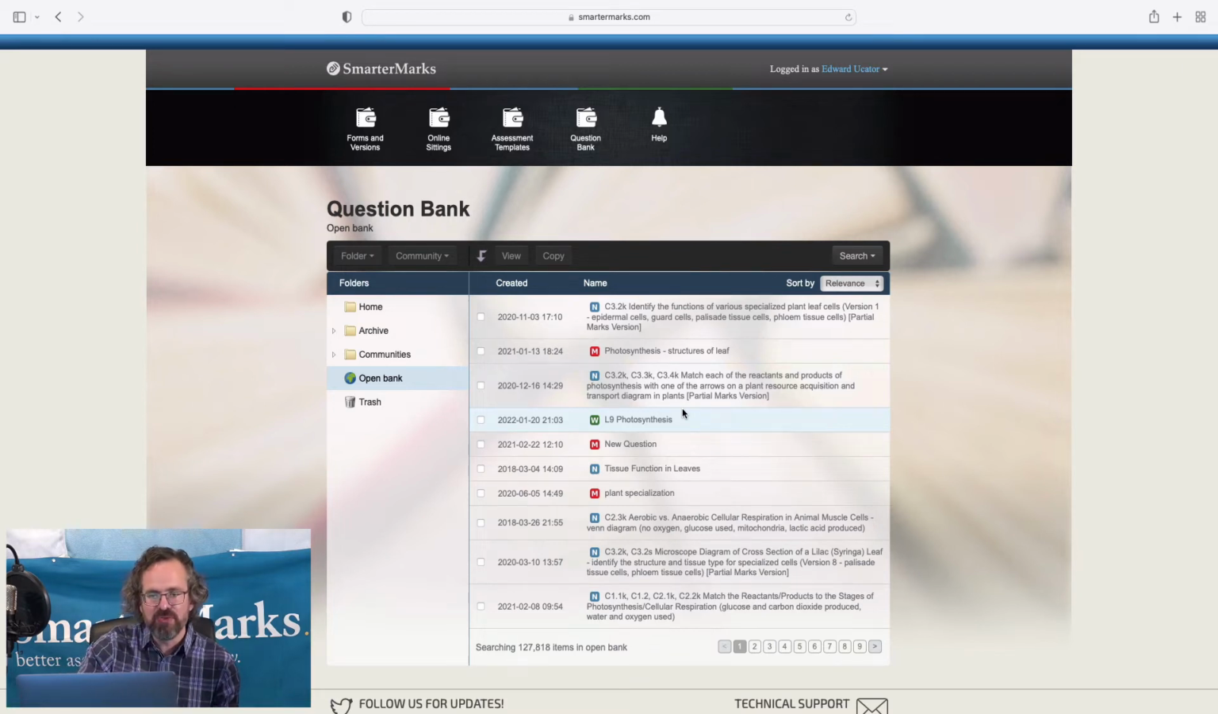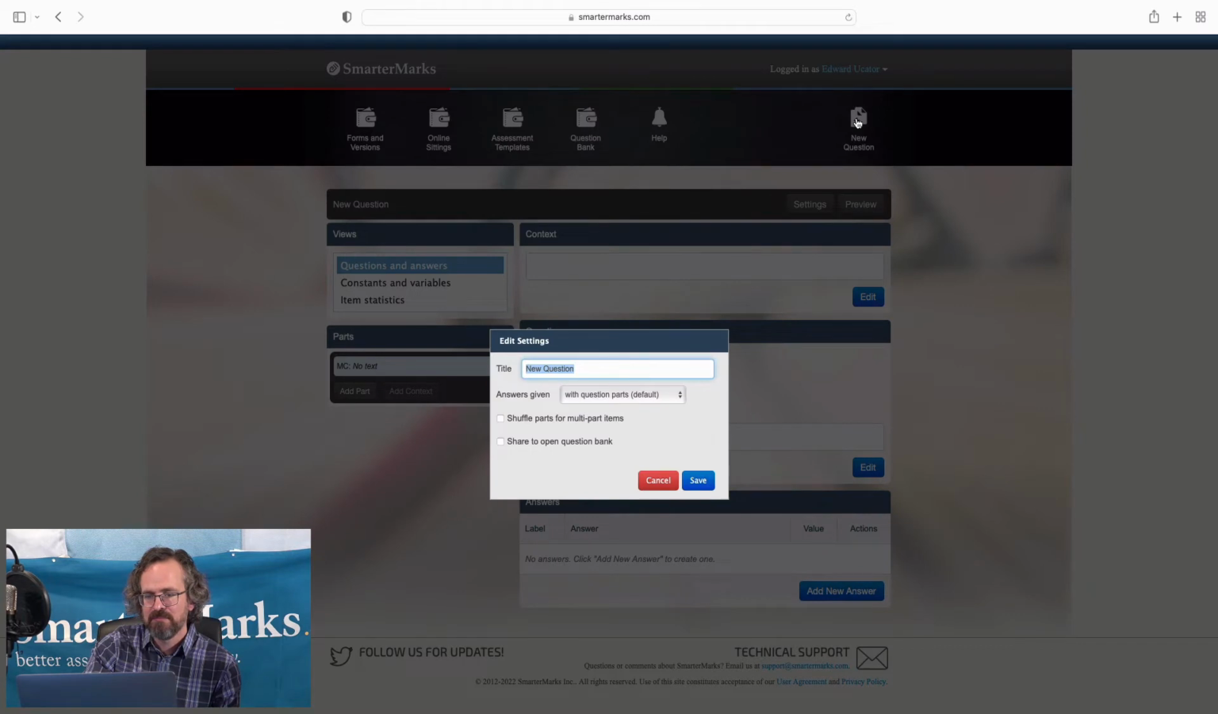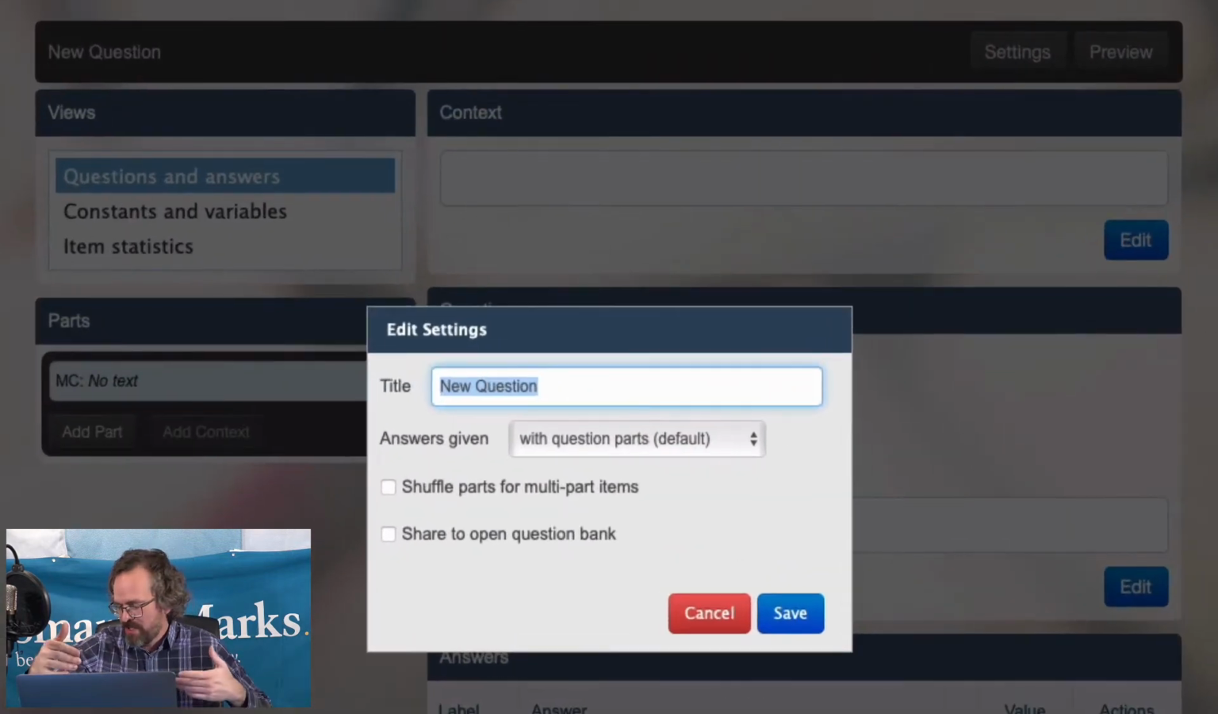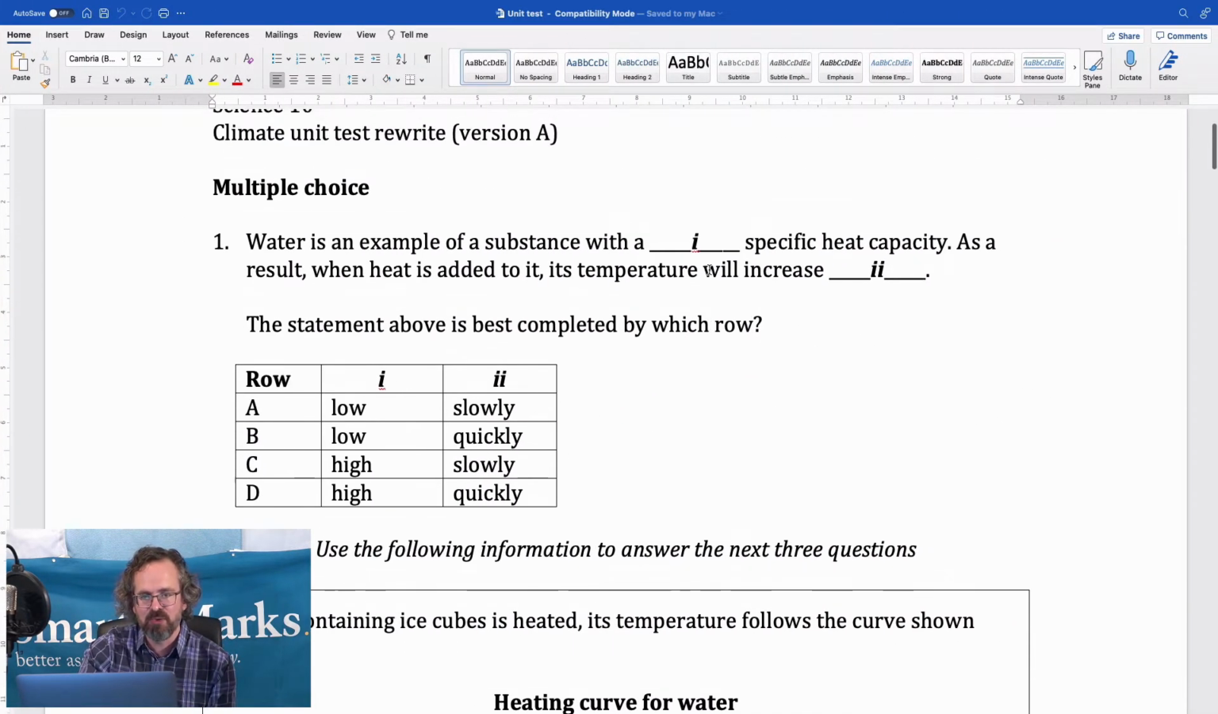What I want to do is to look at building a question here. So we're going to come back to our home folder. We'll hit new question. We have a few options here. So we're going to actually build a question here that I've already got in Word. So this is from an old climate unit test of mine. We're looking at the specific heat capacity of water. And so we can just